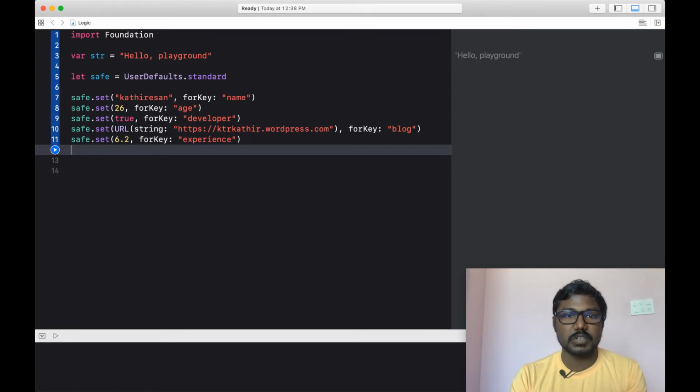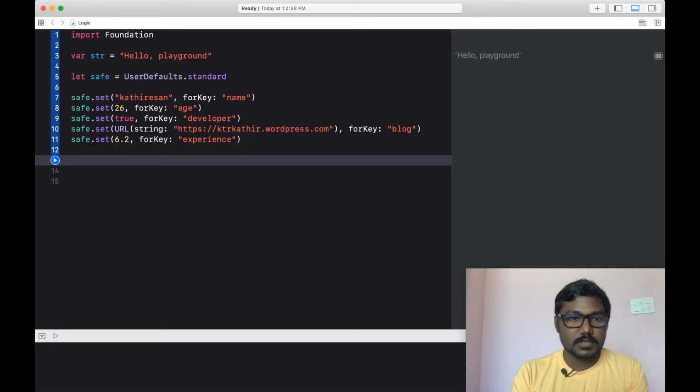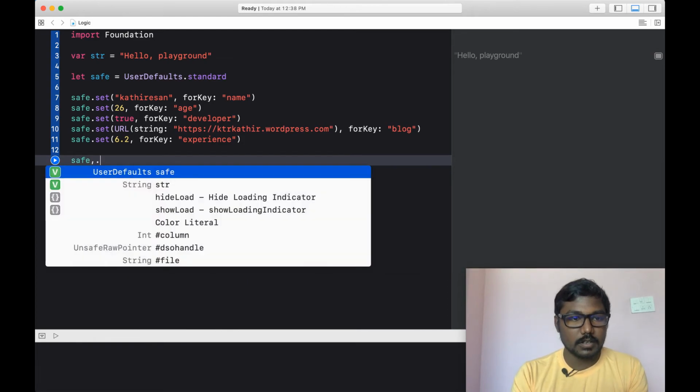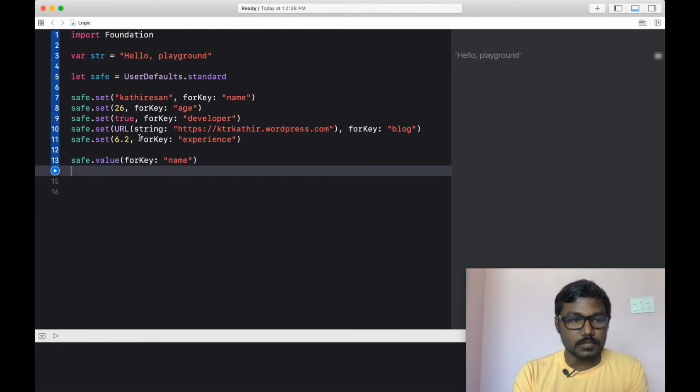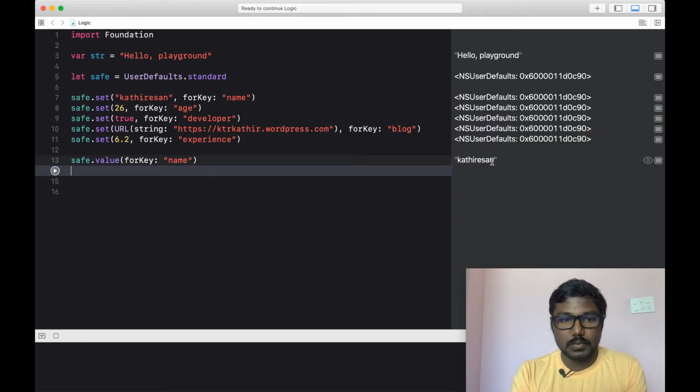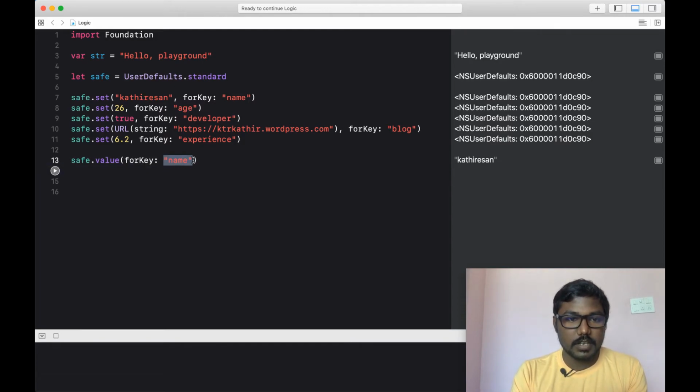Likewise we can store all the values inside of UserDefaults, as well as retrieve the data, like save.value for key name. Likewise we can retrieve the value we saved with the key name. We can get the value from here.